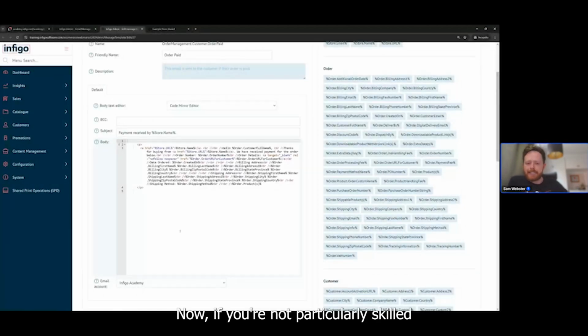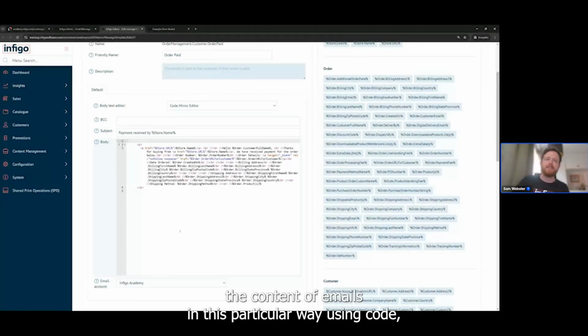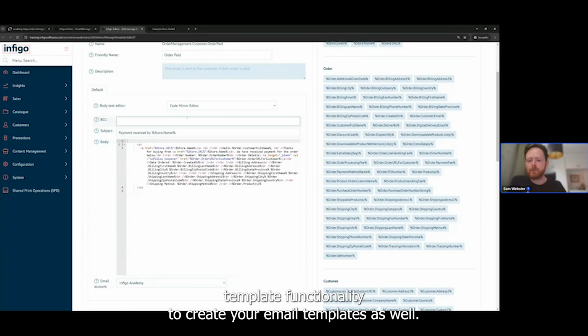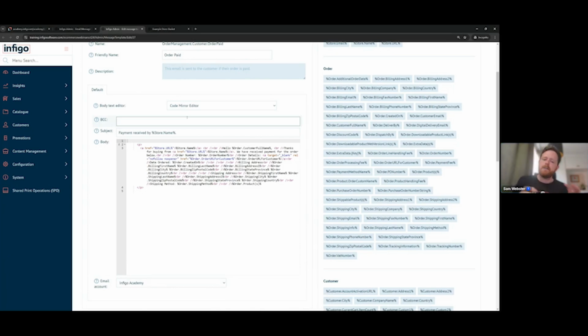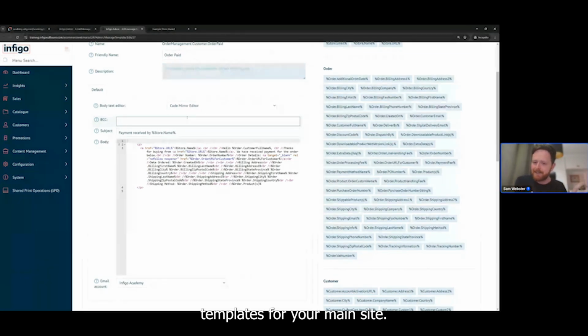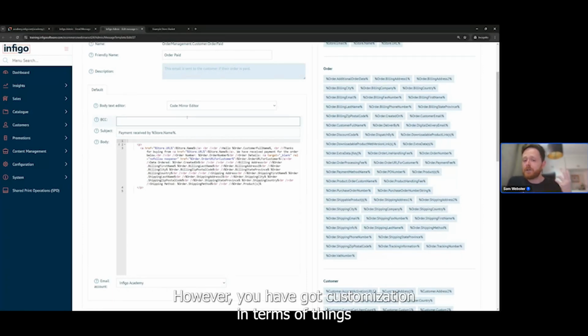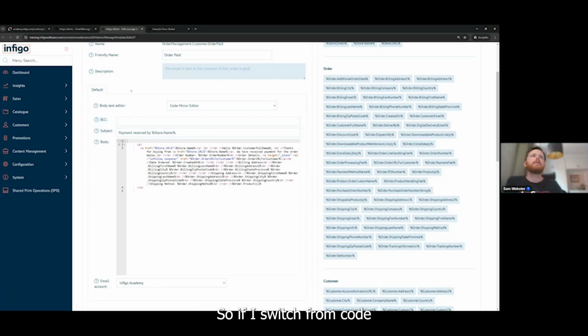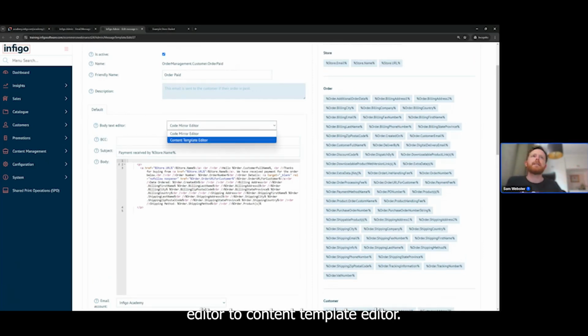Now, if you're not particularly skilled, as I'm not, at writing the content of emails in this particular way using code, then we do allow you to utilize the content template functionality to create your email templates as well. A caveat with this is it's not quite as customizable as the content templates for your main site, just due to the inherent difficulties around website email HTML. However, you have got customization in terms of things like logo and text content and various other pieces. So if I switch from CodeMirror Editor to Content Template Editor,